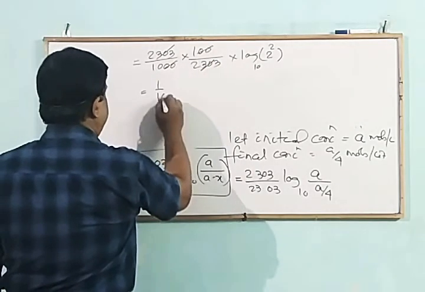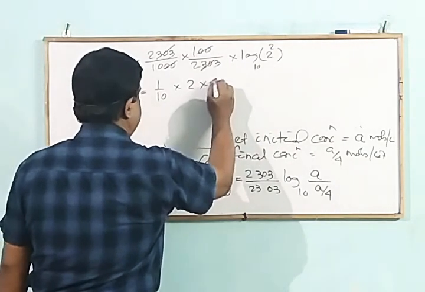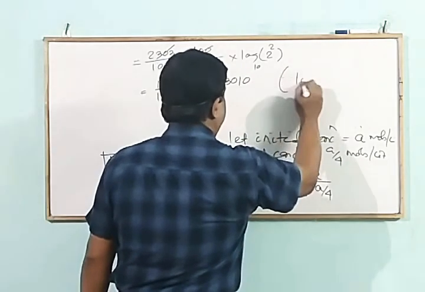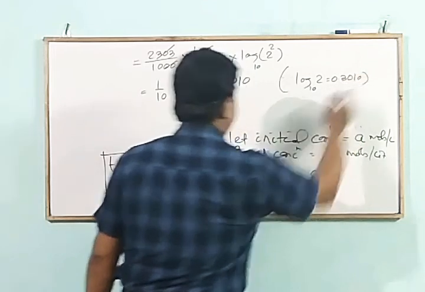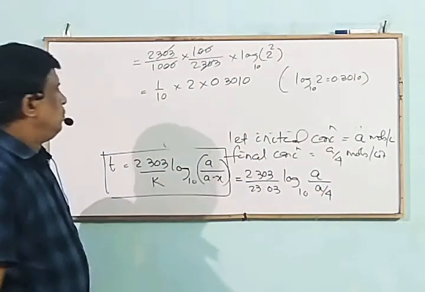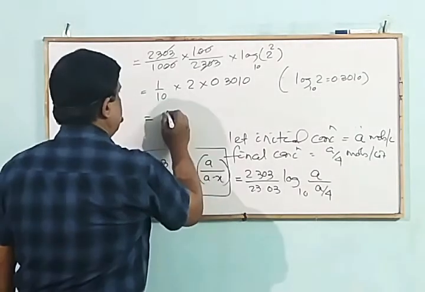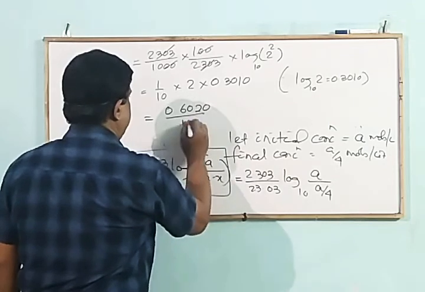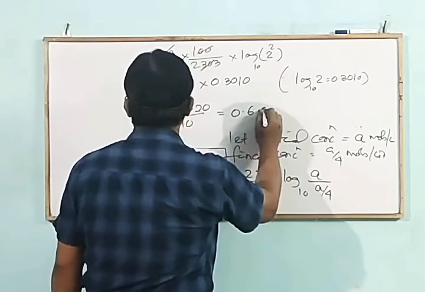That is 1 by 10 into 2 log 2. We know the value of log 2 is equal to 0.3010. So this is equal to 0.6020 by 10, that is 0.6